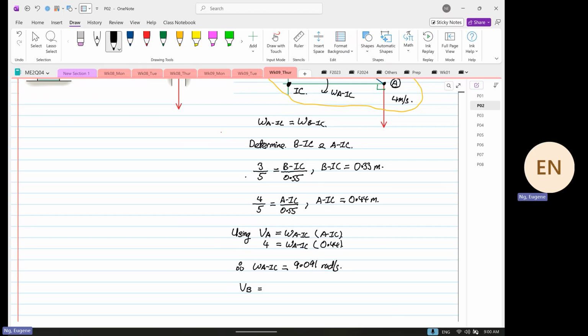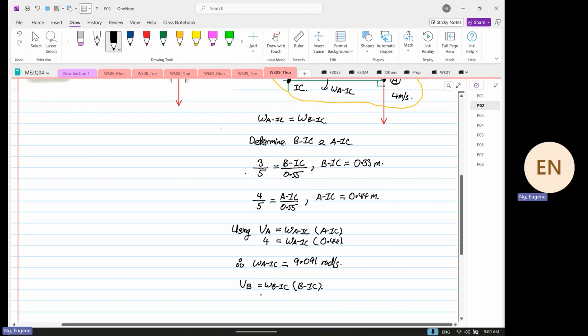So VB is equal to omega BIC multiplied by BIC. So this is equal to 9.091 multiplied by B